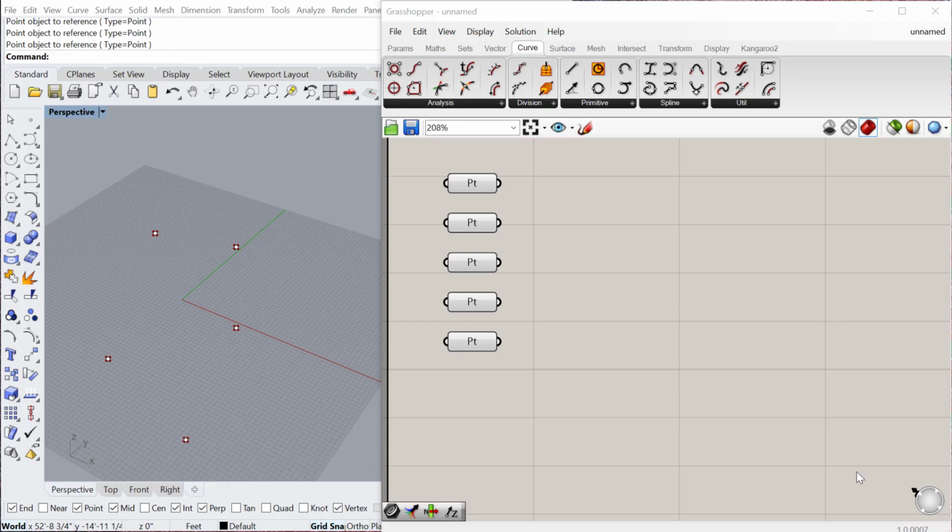In this tutorial, we will look at the different curve types you can create in Grasshopper. There are quite a few, but I'm going to show you three: the polyline, the interpolate, and the Nurbs curve. I've already gone ahead and created 5 points in Rhino and then brought those into Grasshopper using the point container